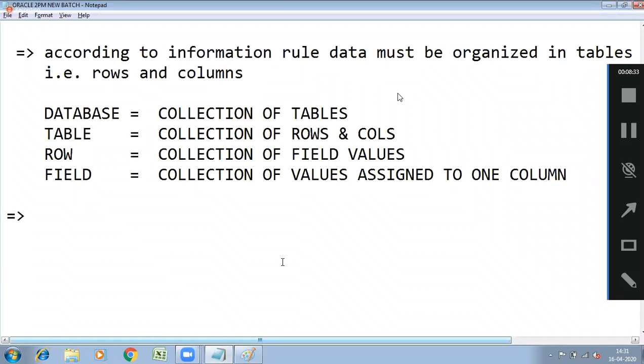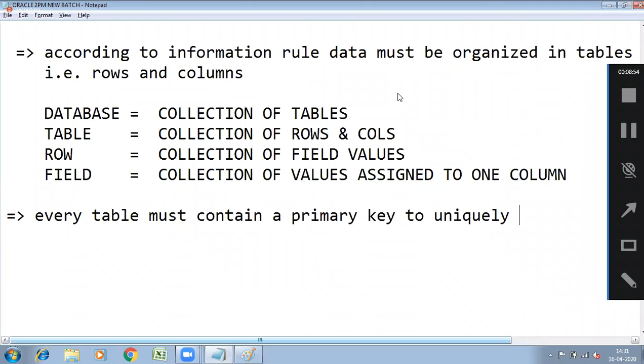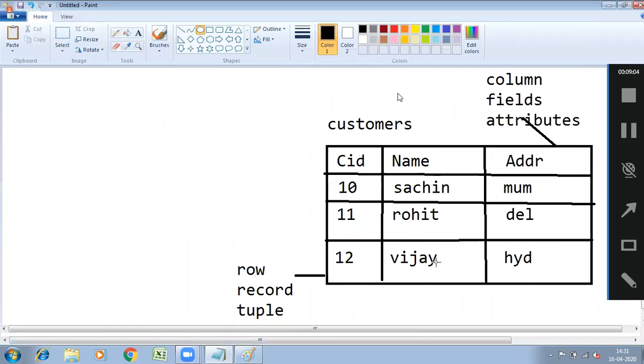Next one. Every table must contain a primary key to uniquely identify records. So this is the table, and in this table these are the records.